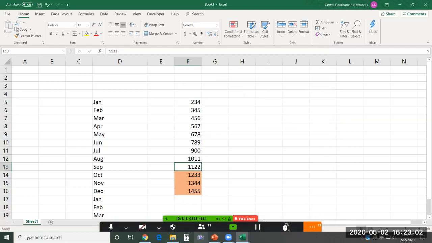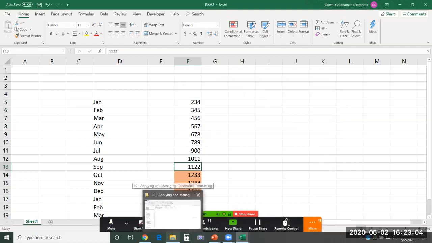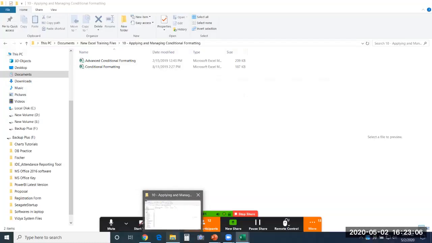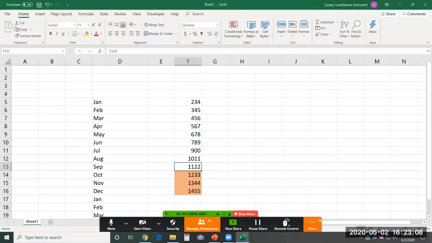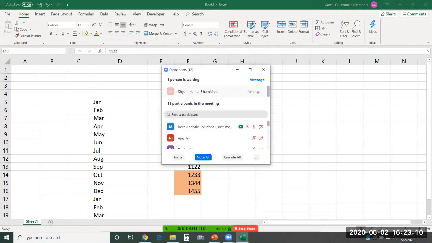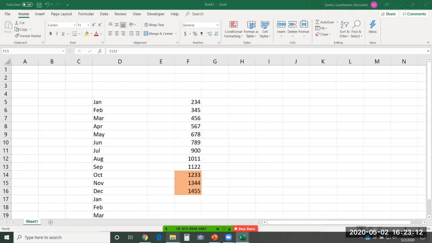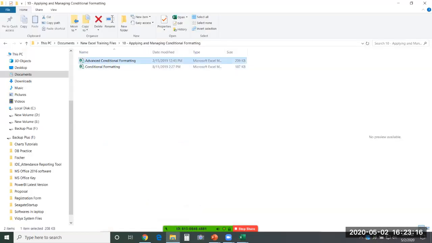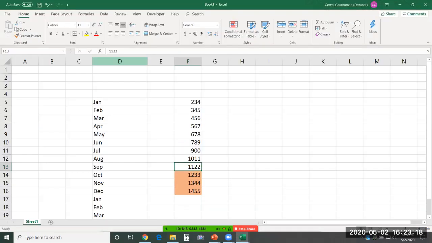So let me show you something advanced that we have here. So you can see advanced conditional format. So let me give you one example of it.